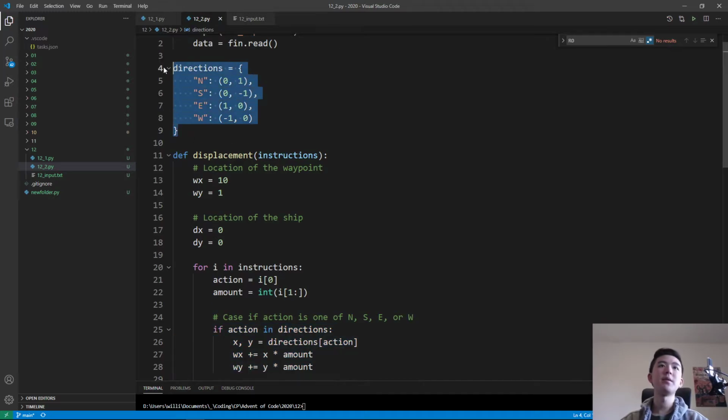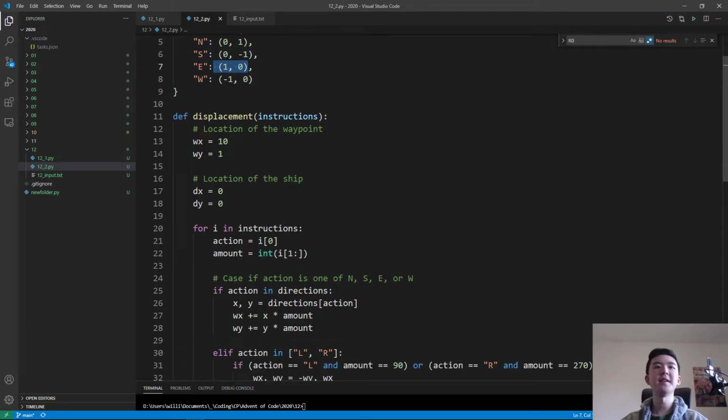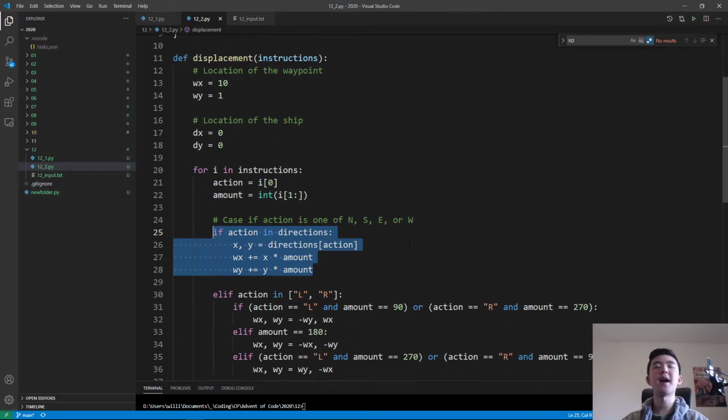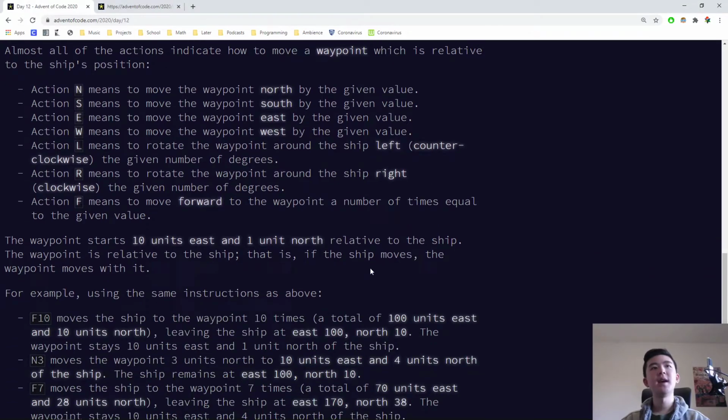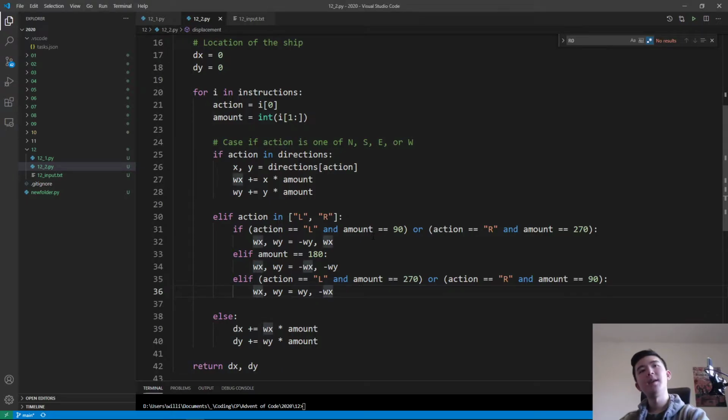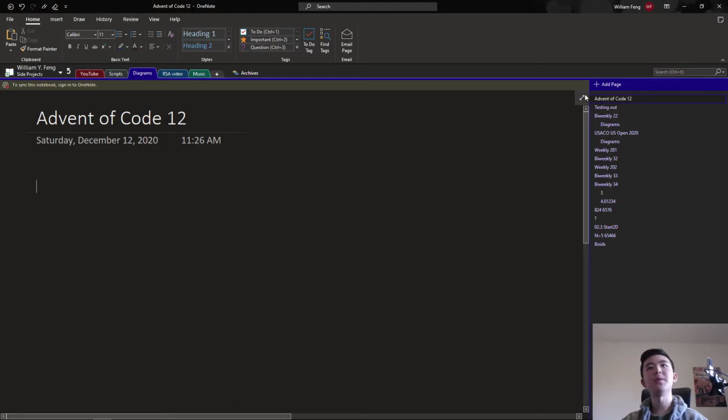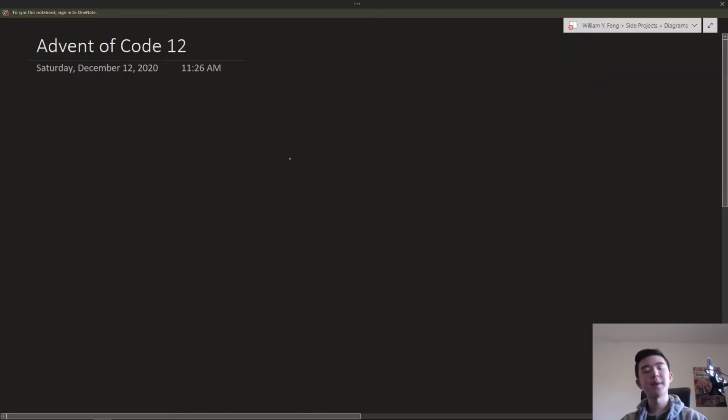We still have north, south, east, or west, except this time that controls the waypoint instead of the ship. So we can just increment and decrement that as we want. Like the first part, we just have a dictionary or map with the directions that symbolize the directions in pairs, and then we multiply that by the amount to determine how far we should move the waypoint. After that, we also have left and right, and this means to rotate the waypoint. And this is actually a little bit trickier, so I actually want to pull up a OneNote page just so